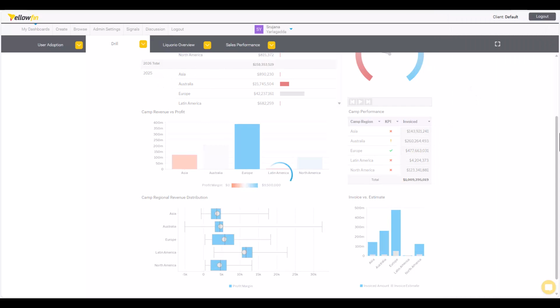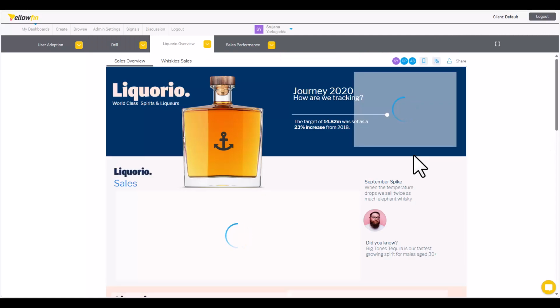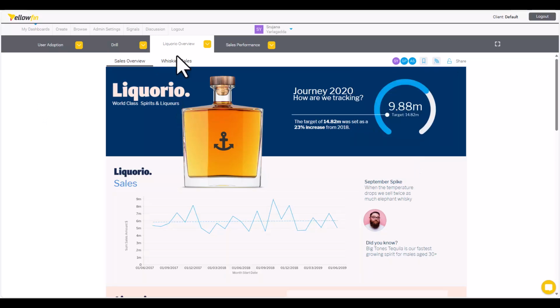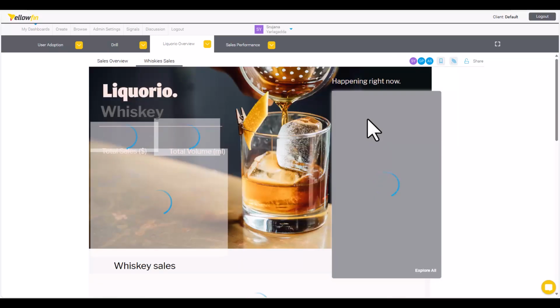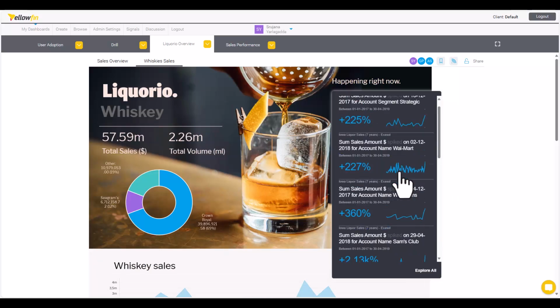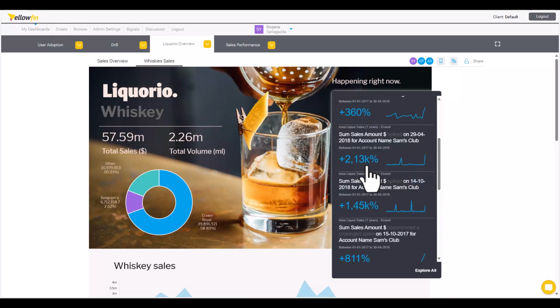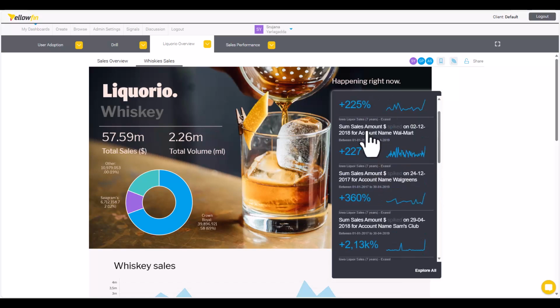Lastly, using signals in Yellowfin, you will be able to monitor the trends and patterns in data. If I go back, go to a different dashboard here, on this particular dashboard, these are the signals that are generated that we have configured in the background and we've added to this particular dashboard. Now, if I just select something random here,